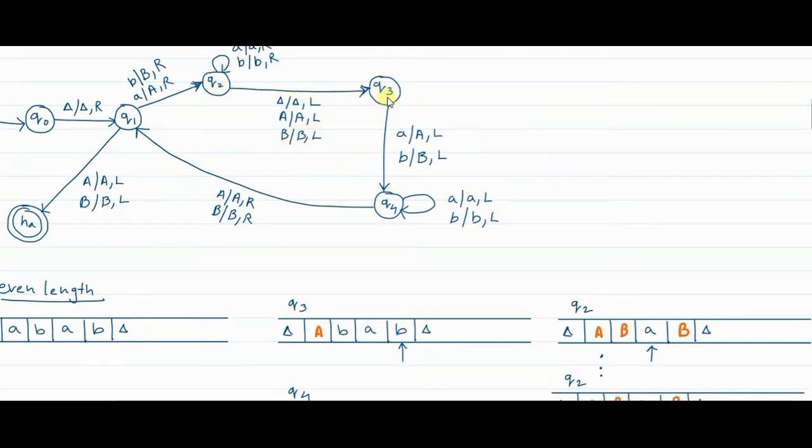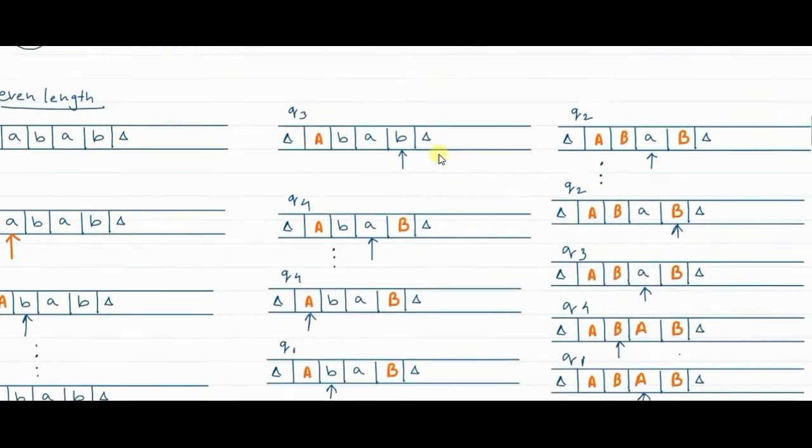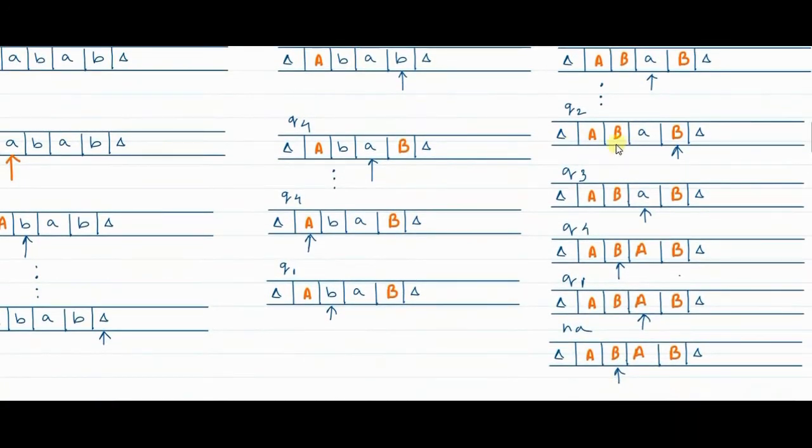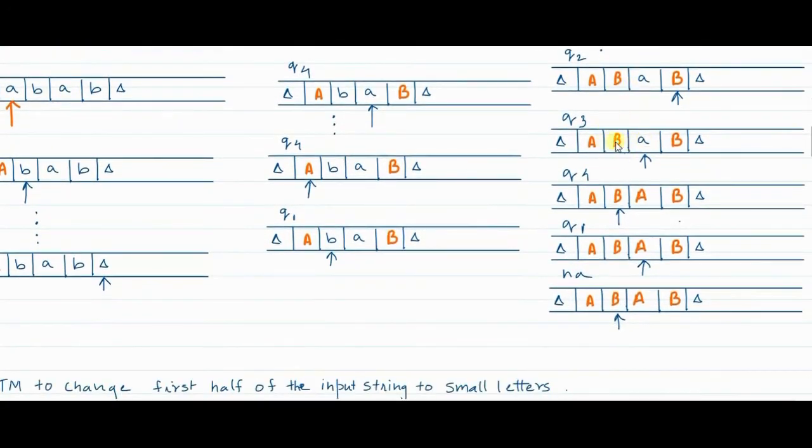In Q3, if you encounter small a or small b, replace them with capital A, capital B, and move to the right. Okay, so we are here. What we have done, we had marked this one and this one in the previous iteration. Now in the current iteration, this one is marked,